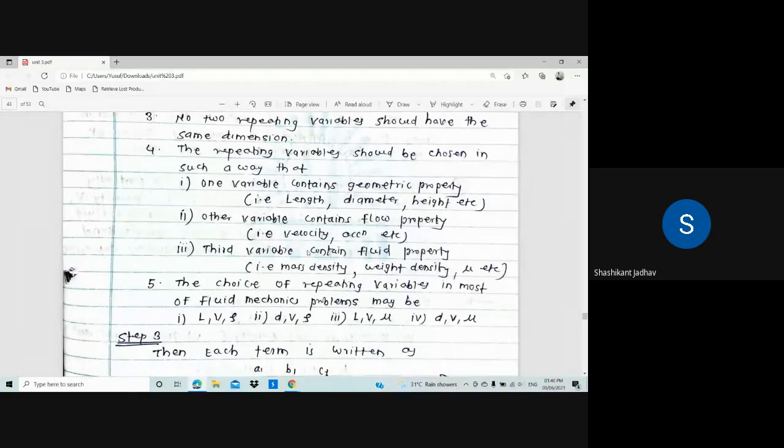Okay. Then write on the fourth point: the repeating variables should be chosen in such a way that